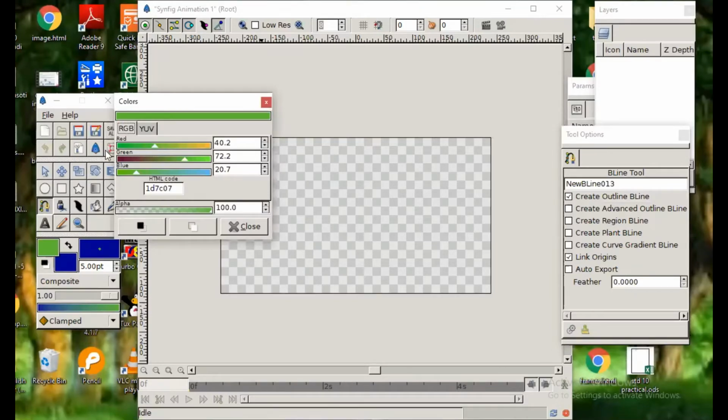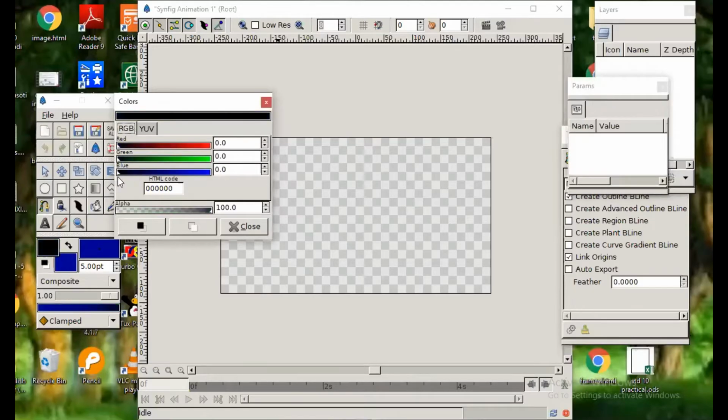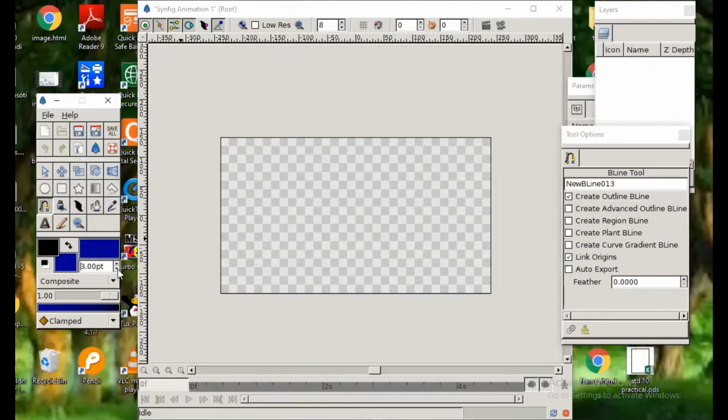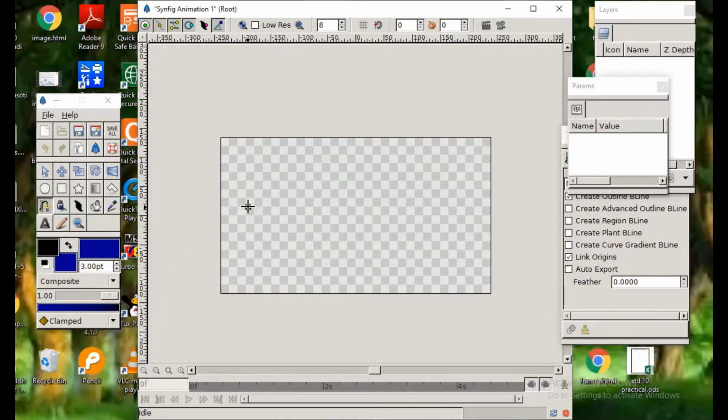We are keeping the color of that path black so that it is properly visible, and we are increasing the thickness of the line, which is 1 by default, to 3. Now start creating that path.